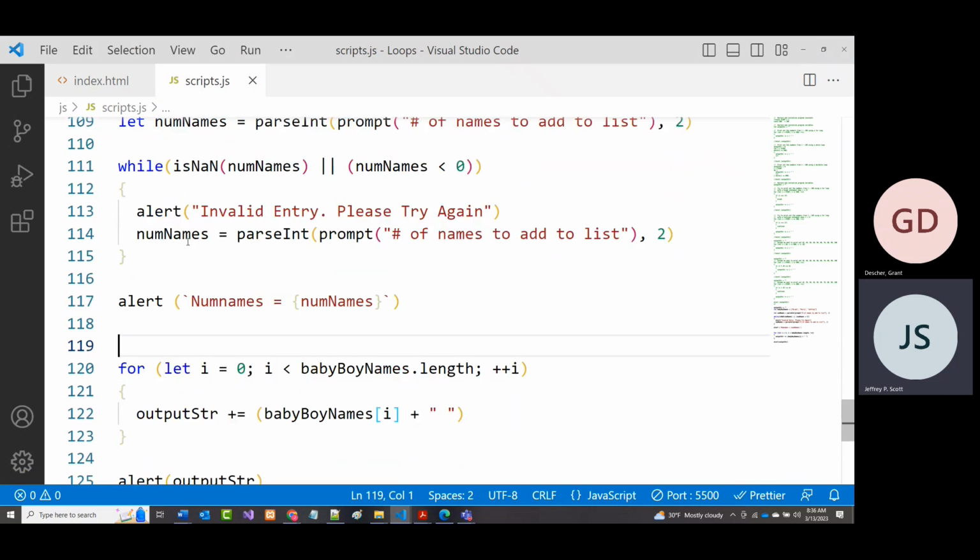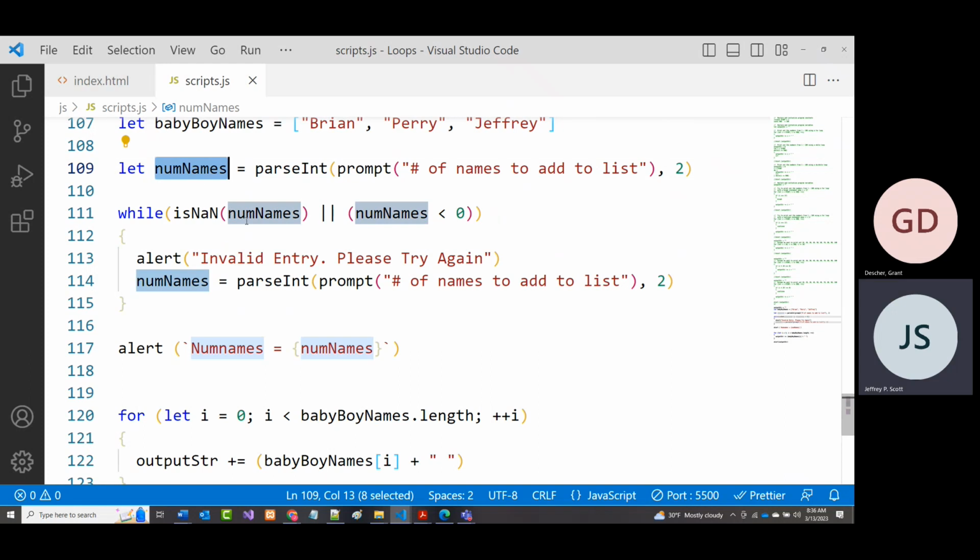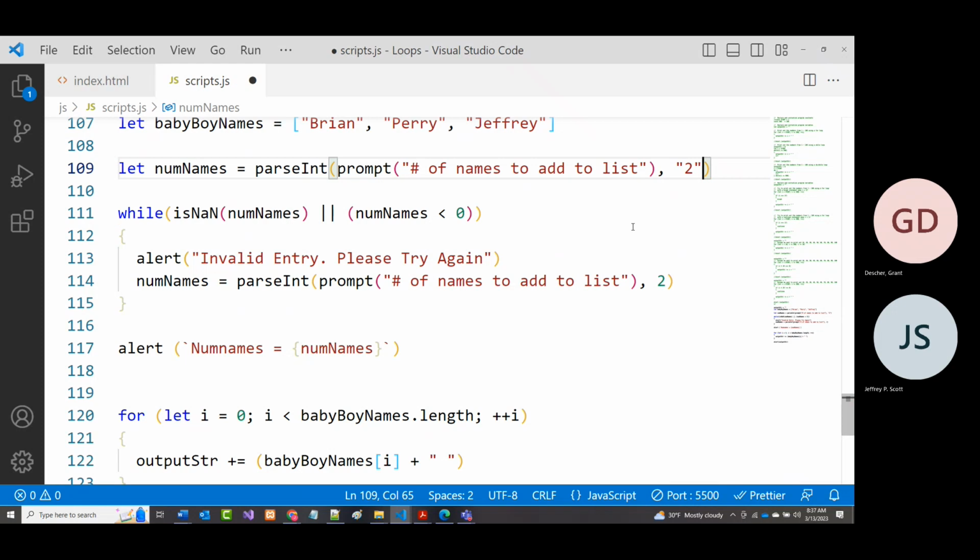Totally fine. All right, so while numNames is not numeric or numNames is less than 0, we did the parseInt there, prompt, number of names to add to list. We defaulted it to 2. It shouldn't matter whether we put in the 2 like that or like this. That shouldn't matter. So while it's this or it's this,